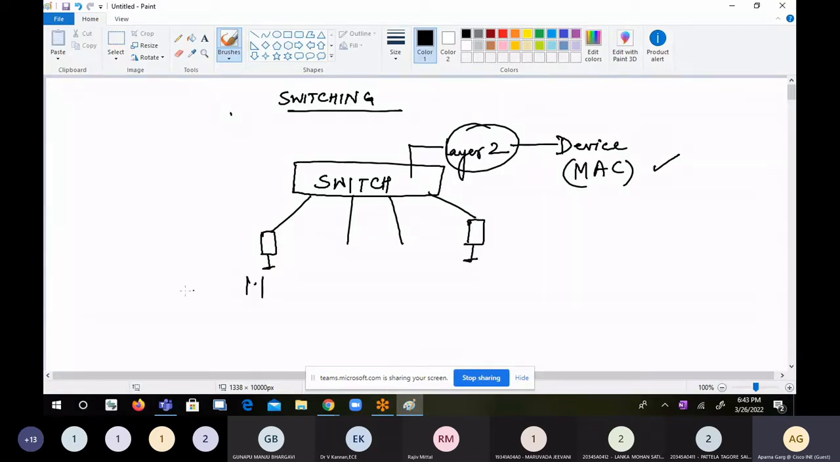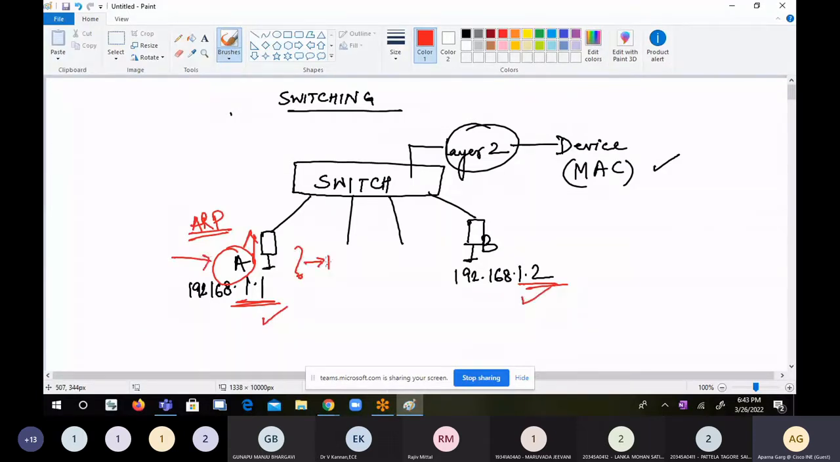I said the system is 192.168.1.1. I said the system is 192.168.1.2. MAC is A, MAC is B, right? And now the system 1.1 needs to talk to 1.2. So system A will generate an ARP request. Why? Because it knows its IP, the destination IP, its own MAC, but it doesn't know the destination MAC. So to know the destination MAC, it generates an ARP request. ARP is: please get me the MAC against a particular IP, right? It is heard by every port. The destination is going to respond back and it updates its ARP table, and the switch will update its MAC table,